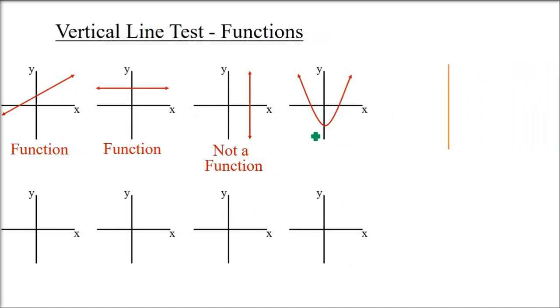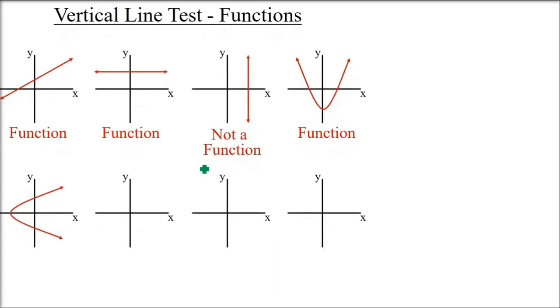Now see, let us pass a line here, the vertical test. It can be from +x to -x also. It is not intersecting more than once, so it's a function. Take it here. Just see the line which is passing.